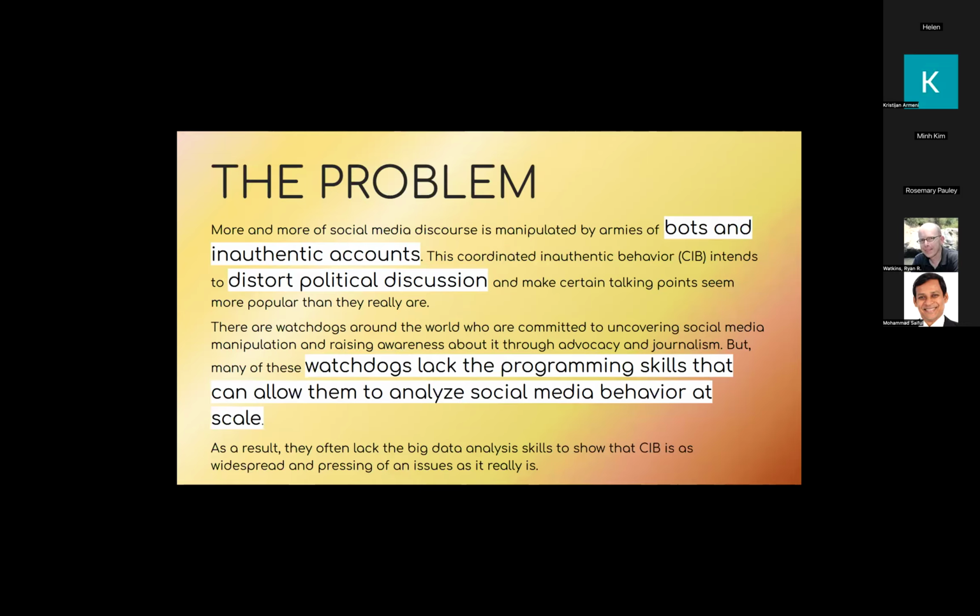And what our team is really focused on is supporting the researchers and the watchdogs who are looking at this. For example, I think it's through the Atlantic Council in DC, the Digital Forensics Lab does a lot of work within this area. But many of these watchdogs lack the programming skills to find this information online.